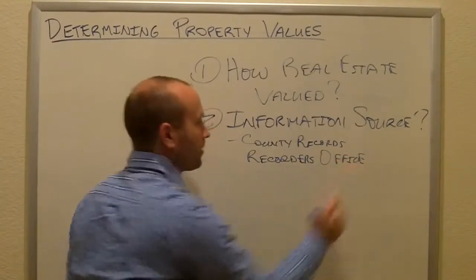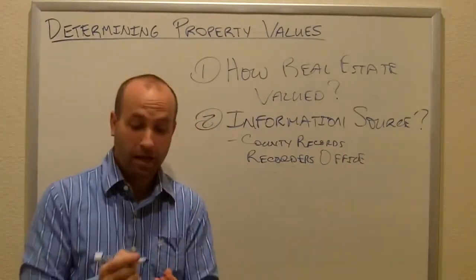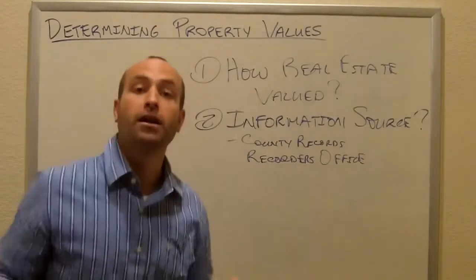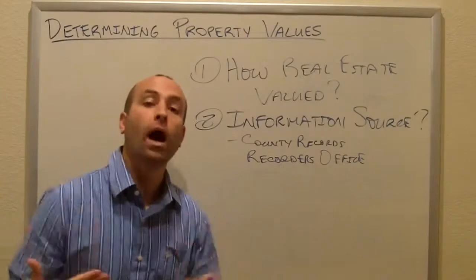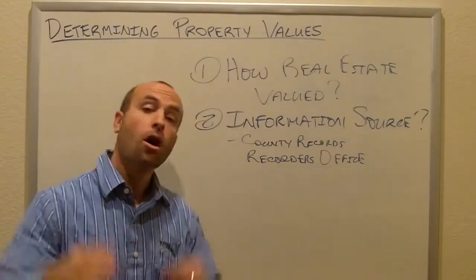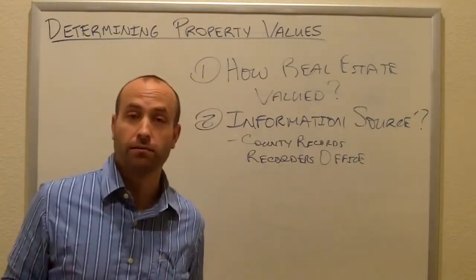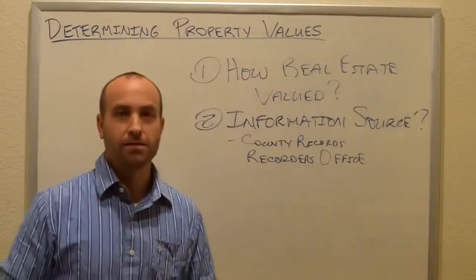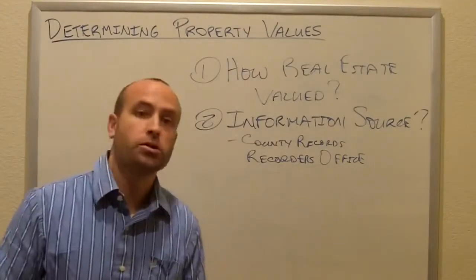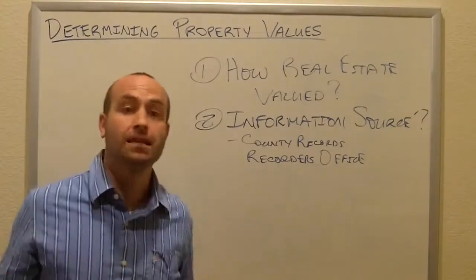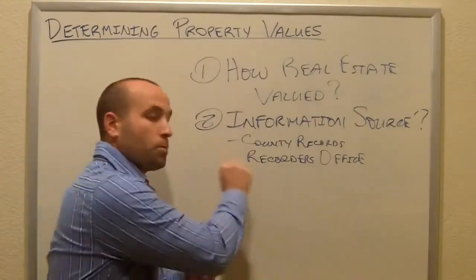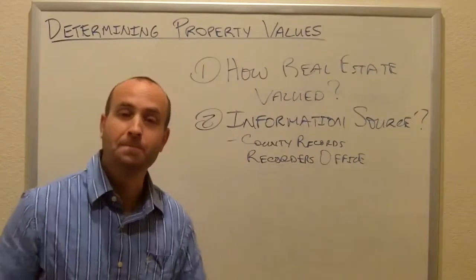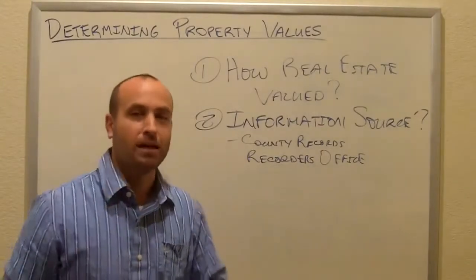Now this is where it gets a little squirrely. Okay, some states are non-disclosure states, like Texas, whereby they are not required to disclose the sales price on the deed that gets recorded. In other areas, it is disclosure, so they will show it. So states like Tennessee are disclosure states, so they always have a line on the deed where you're supposed to put in the sales price, okay? But there's more to that, and I'll come back to that in a second.